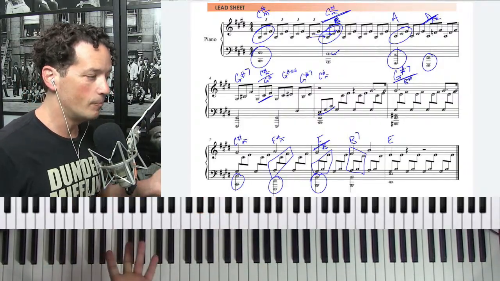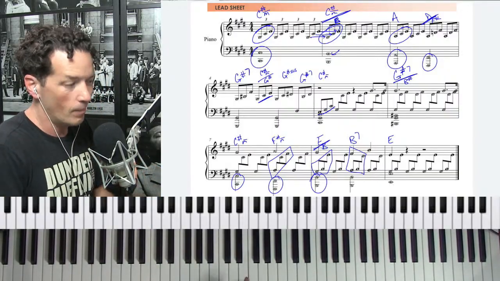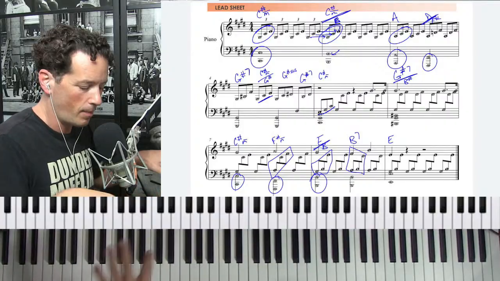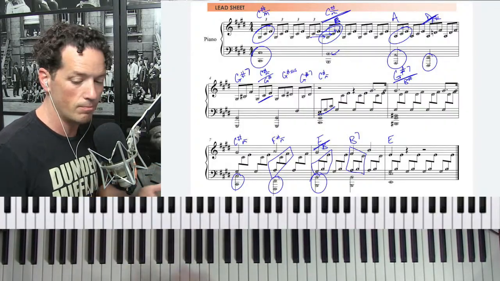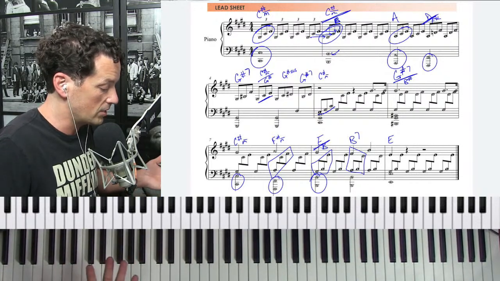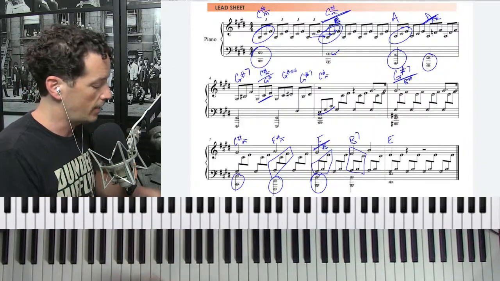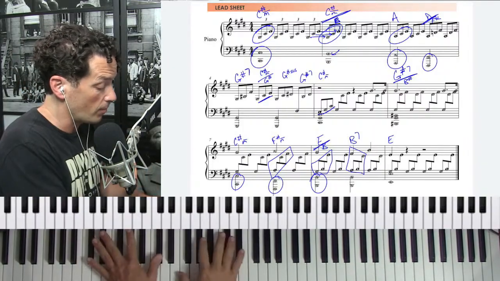Right. Okay, so that's basically what I'm doing in my head as I'm going through pretty much any song: I'm looking for these patterns. What are the chords so that I can memorize the chords and hopefully memorize the song more easily and not get lost as much. Because I feel like personally, if I'm memorizing the notes